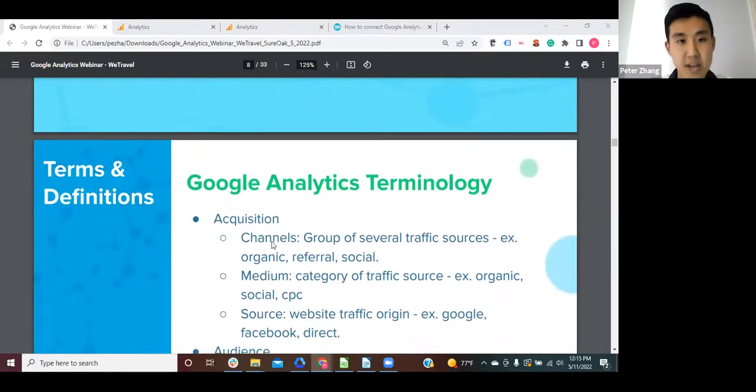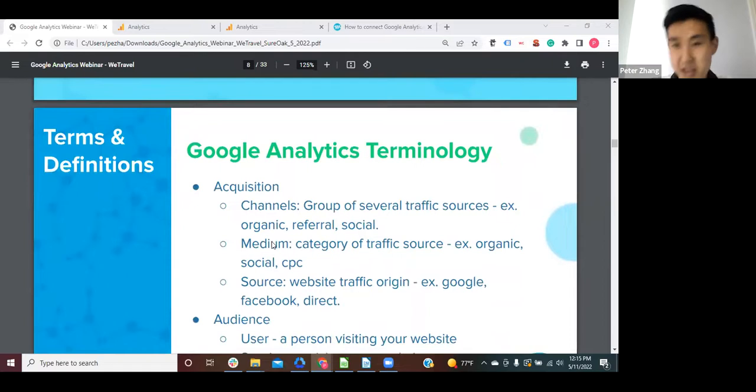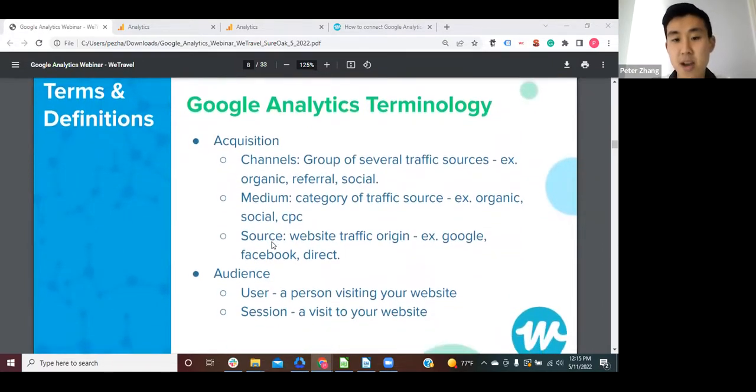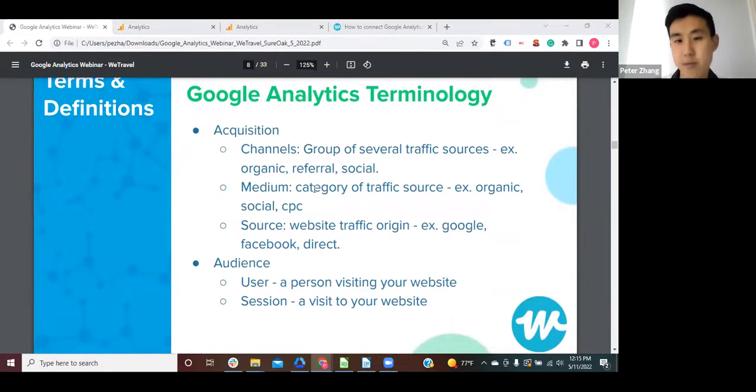I first wanted to cover some terms and definitions. There's a lot of different terms that Google uses to identify the information available for you to understand, and these are some basic ones that will appear in a lot of reports. In terms of acquisition, which focuses on how people are coming to your website, it's important to understand the structure that Google Analytics reports on. There are channels, mediums, and sources.